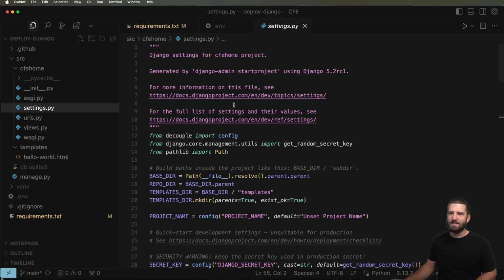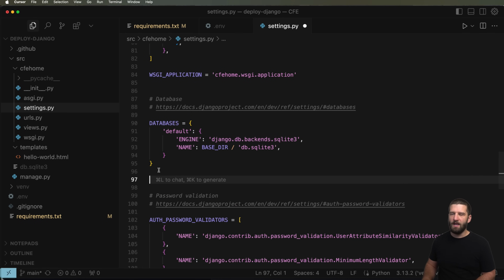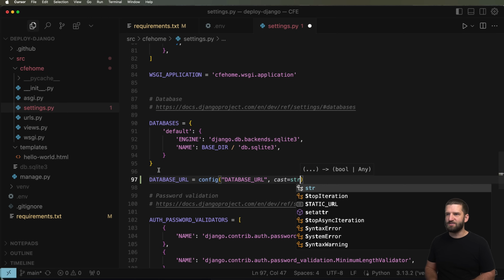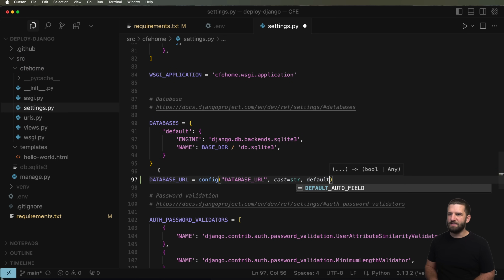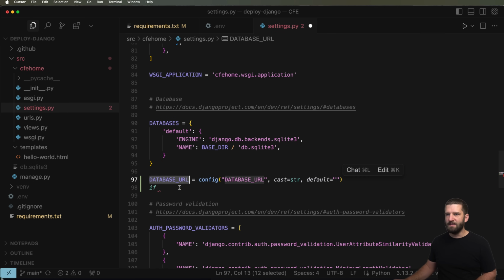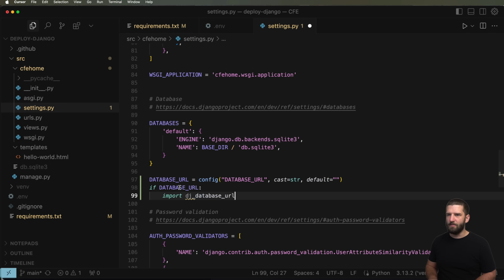So inside of settings.py here, I'm going to scroll down to my database setting, which is this, and I'll go ahead and do DATABASE_URL equals config of that DATABASE_URL. I'm going to cast it as a str, and then I'm going to put the default as an empty string so that basically I can say if the database URL exists, then I'll go ahead and import dj_database_url,